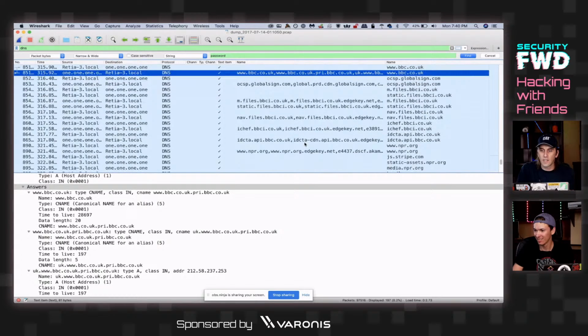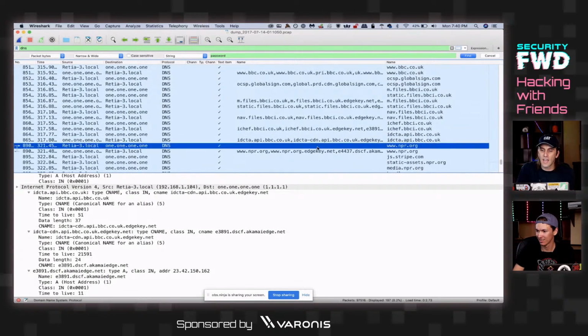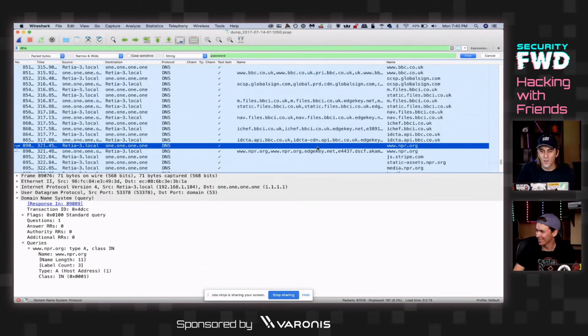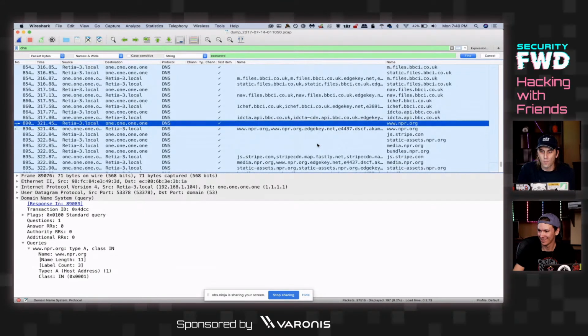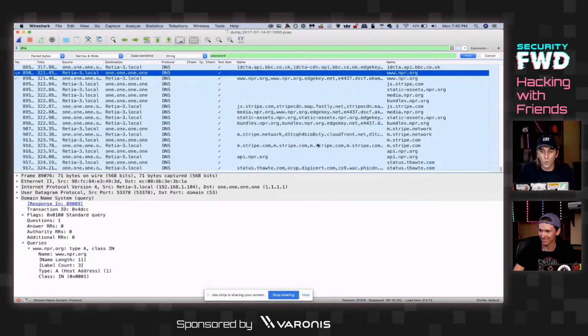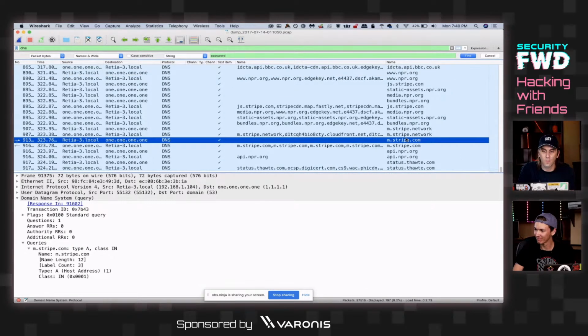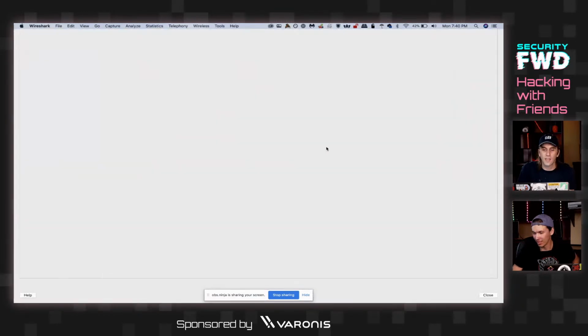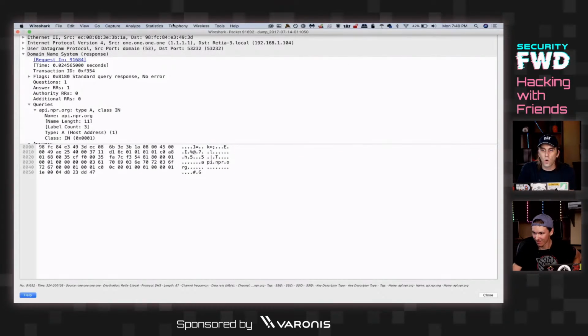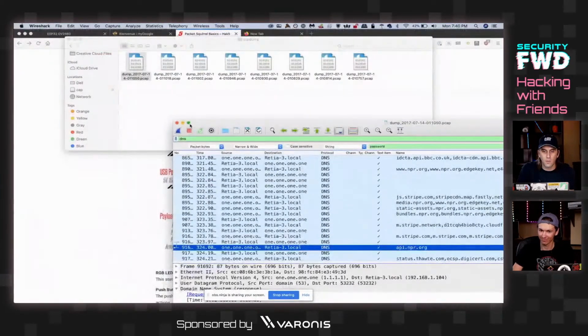Yep. So then we can see Michael also went to NPR. Was that the next one you went to? Indeed. All right, so there are lots of really easy ways to see exactly what's being loaded from the website. It looks like they process their payments through Stripe. Oh, unless you were... No, I just went to NPR. Yeah. So this really is an interesting way of being able to